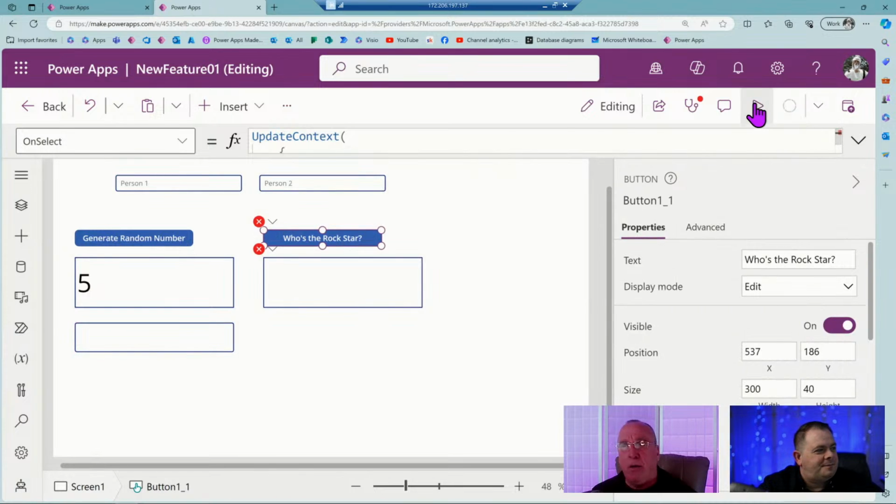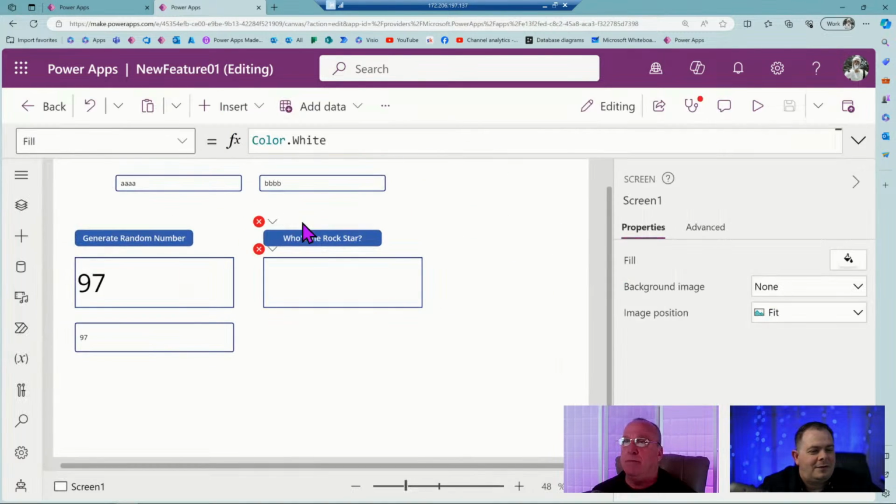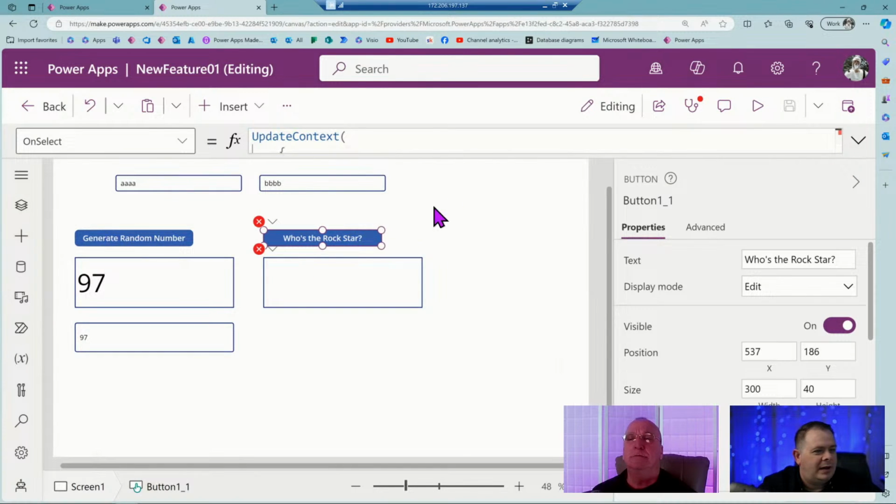Except, no, I don't like it. I want a random number put in. I want that function taken out of that generate random number and put into your parameter. Okay. You want me to go on this button or this label? I want you to go to that generate random number over there.